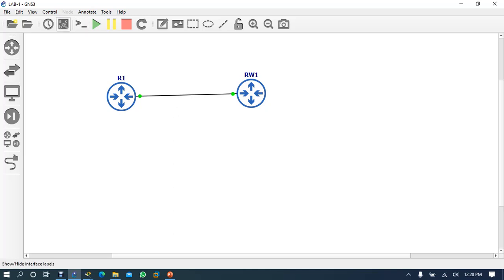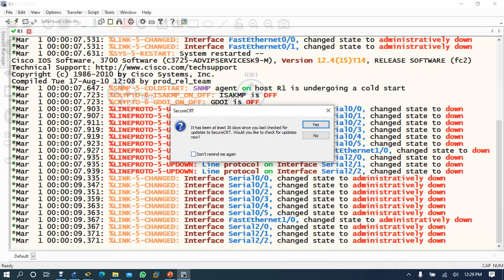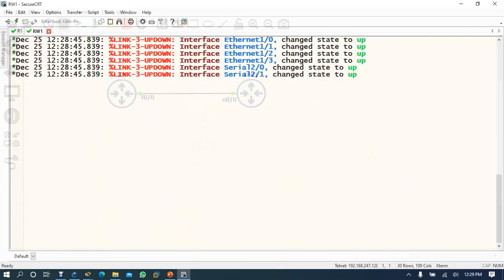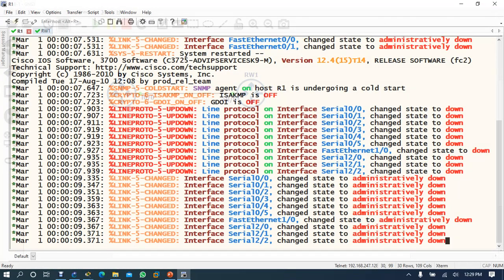Now you click this ABC button to have the interface names. Now you click on this OK button to have the console view. This is router 1, this is router 2, no problem.